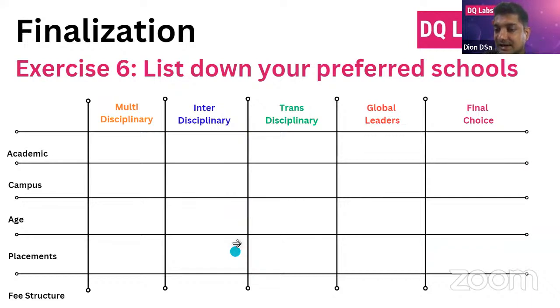Sujas Saraswati is asking, can NRIs apply for general quota at NIDs or IITs? No, NRIs cannot. So if you fall under the NRI quota, you need to be very careful. There's a separate application process, separate fees. So you need to be very careful if you're NRIs or OCIs.